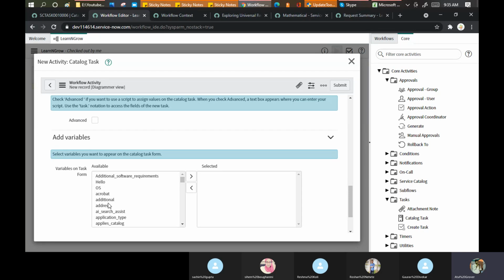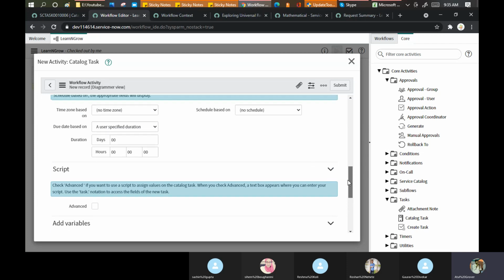Like yesterday we saw, when ordering the laptop, I have the iPhone, I have the options called memory enhancement, plan enhancement, all these things. So I can put it from here if required. But as of now, these are not required on my RITM level, so I'm not putting those things in place.